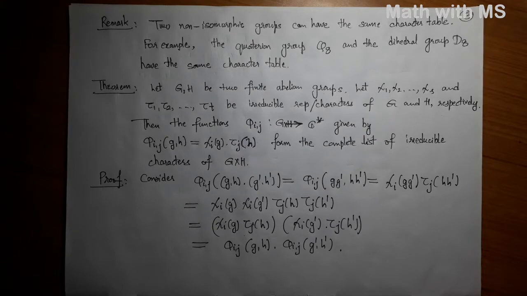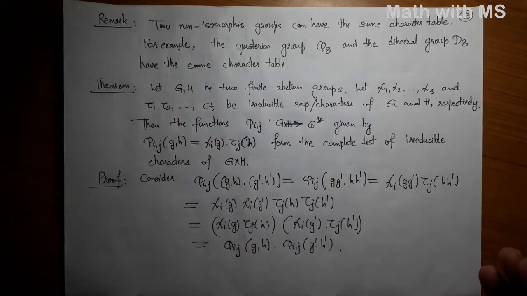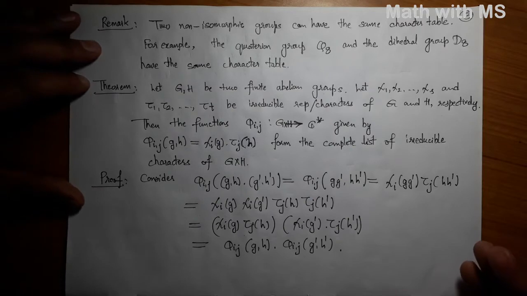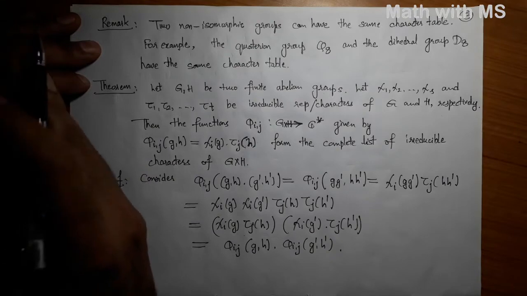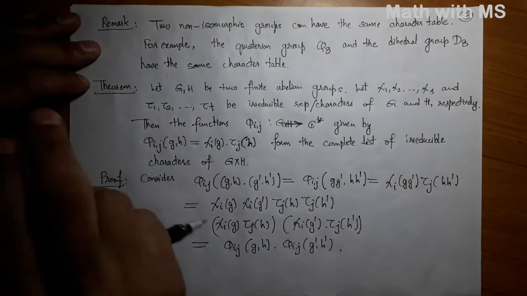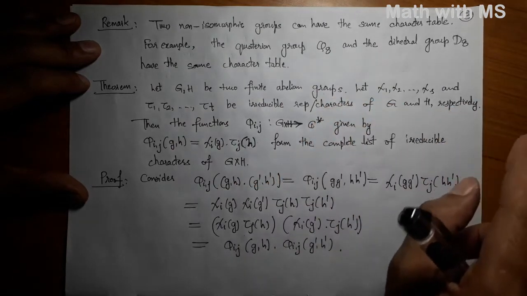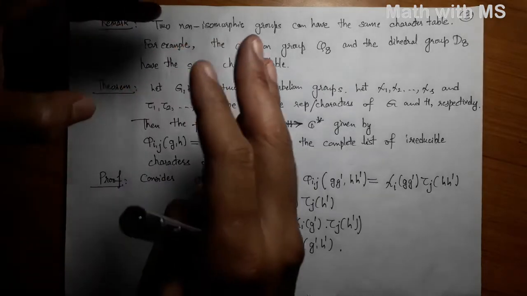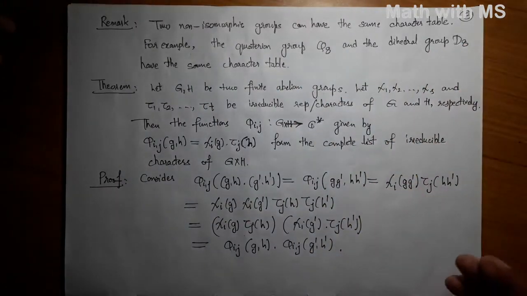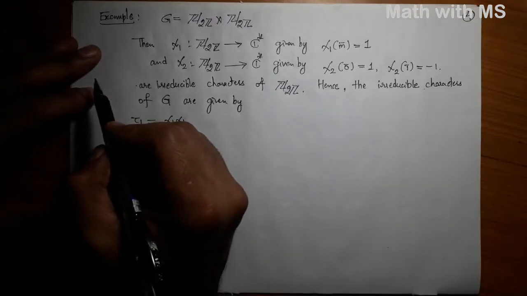Now recall that every finite abelian group by the structure theorem is simply a direct product of some finite cyclic groups. And for each finite cyclic group, you know what all the irreducible characters are. So if your group G is a product of finite cyclic groups, let us say Z mod N1Z times Z mod N2Z times, say, Z mod NKZ, you find all the irreducible characters of Z mod N1Z, Z mod N2Z, and so on, Z mod NKZ, and then take their products.